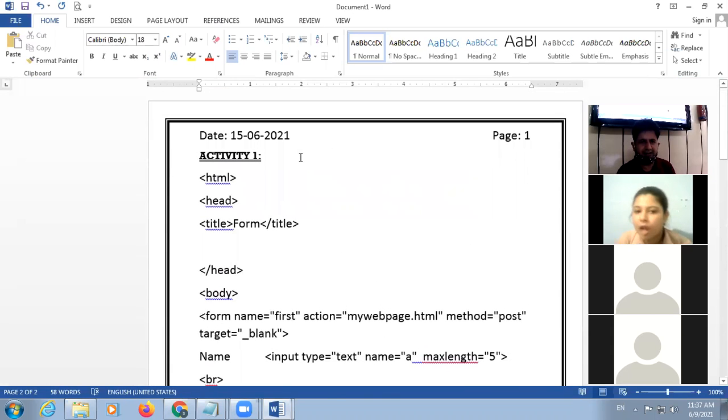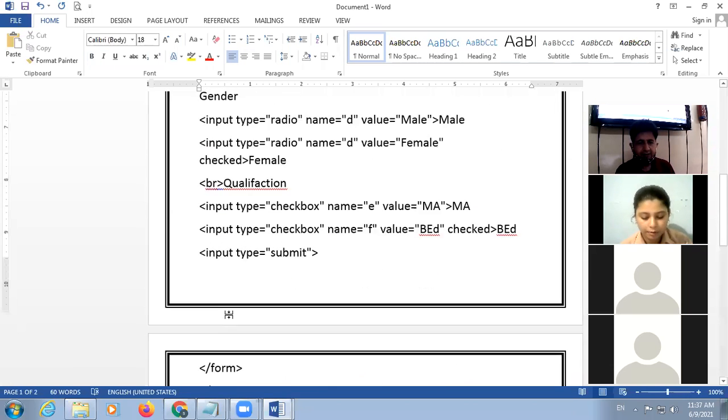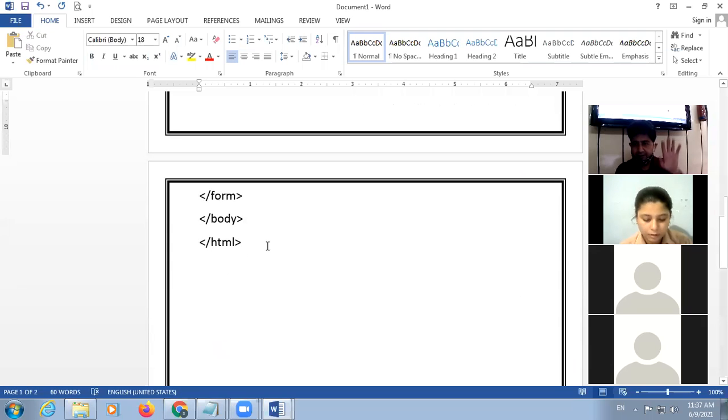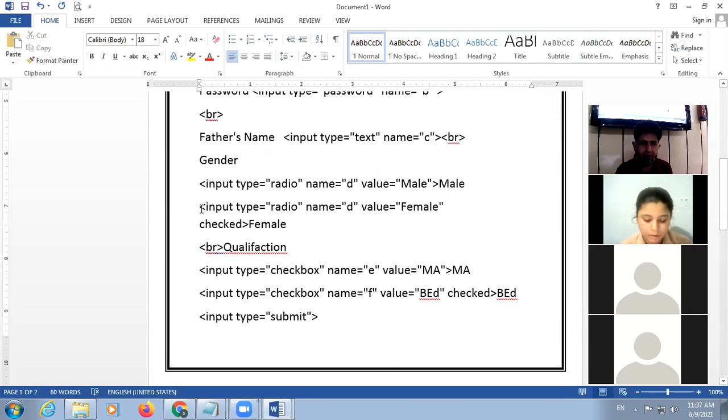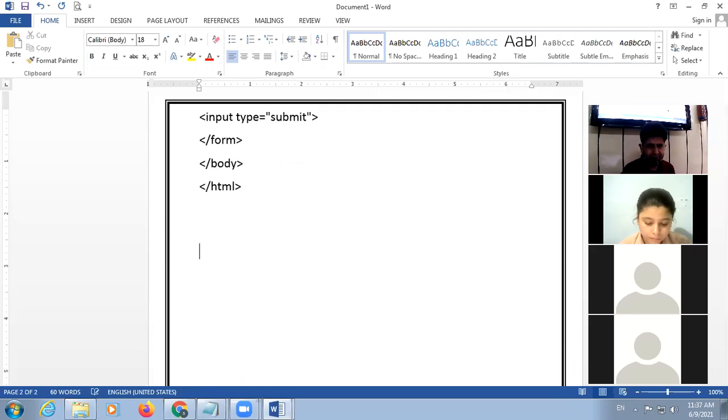So this is activity 1, HTML coding. First you will place HTML coding in a page. After that, suppose it covered 1.5 pages, so you will leave that page blank.